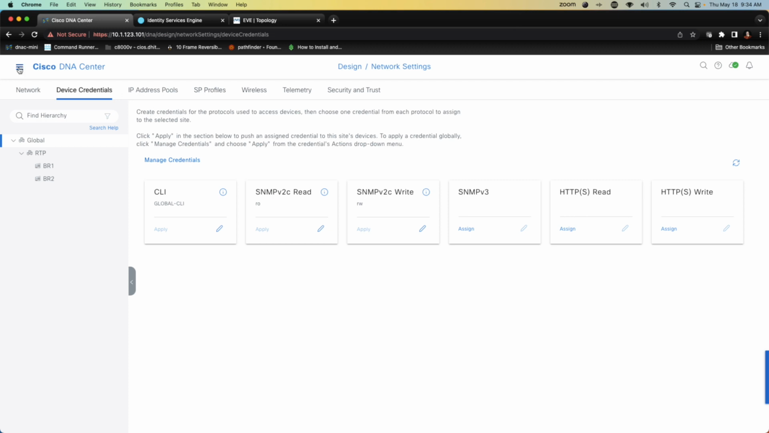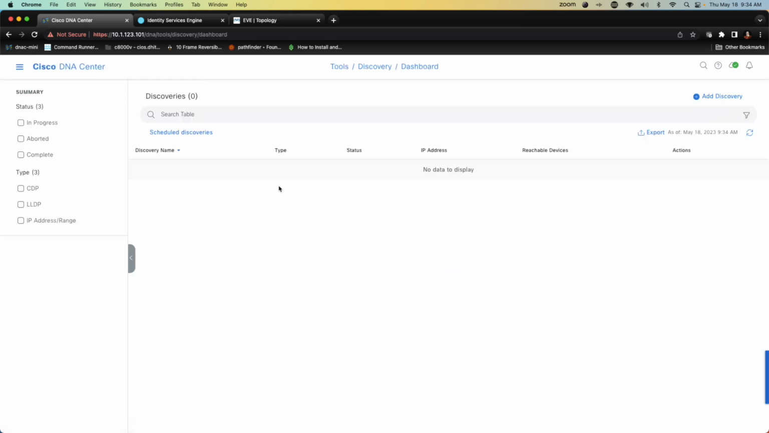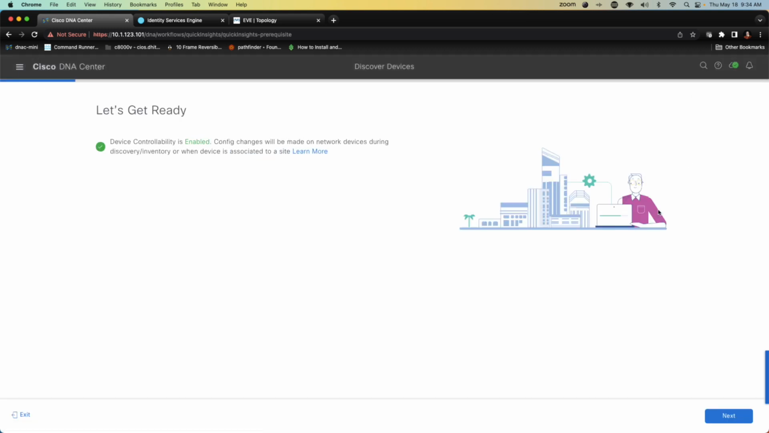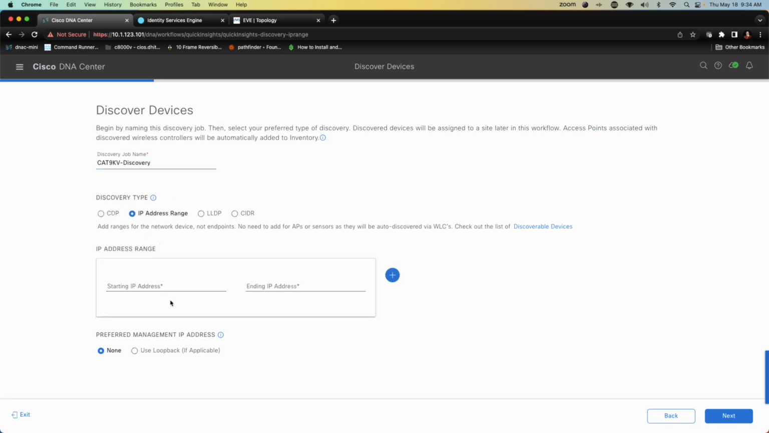create a discovery. I'm going to navigate to the menu bar. I'm going to go to Tools. Under Tools, we are going to instantiate a discovery by adding one. I will simply call this my CAT9KV discovery. And it's going to use an IP address, and I'm going to use the loopback addresses in my infrastructure, which will be